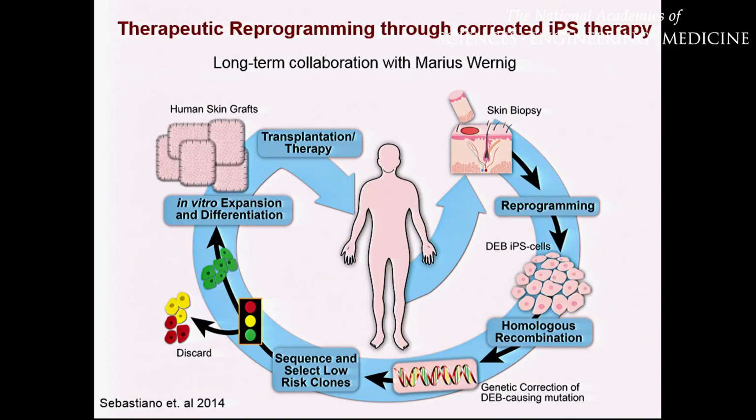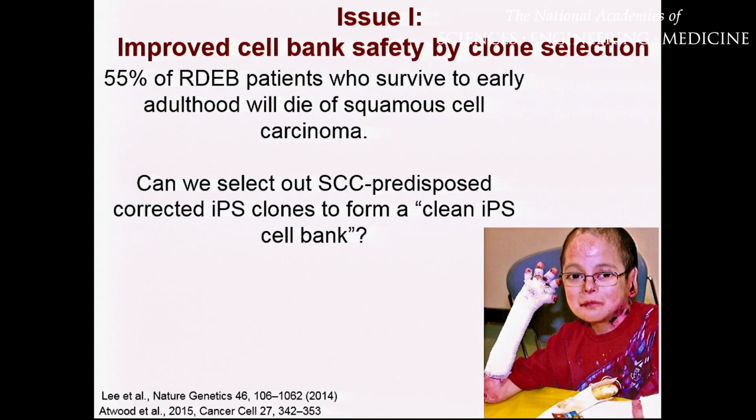So in this case, we use iPS cells. Lawrence talked about direct reprogramming, but in any case, when you think about the cell, you want to have a defined cell that you can scale, that you know is safe and efficacious. And there are direct reprogramming techniques, but really the iPS cell is one of the ones that you can use because you can grow them and scale them. So what are some of the issues that we've learned from using therapeutic reprogramming for scaling? The first one is that iPS cells are very nice for a cell bank for scalability and for safety and efficacy, because you can actually take it and define it from a single cell.